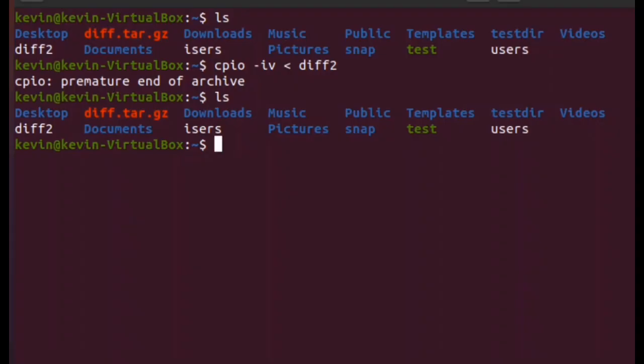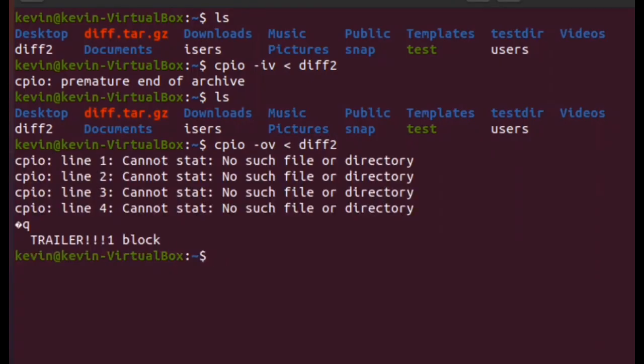If I wanted to extract, oh, I'm sorry guys, I mixed that up. So that's why it didn't work. I did I for create, I remembers extract. That's why it didn't work. So I need to do O for create. That's why it didn't work. There we go. Okay, so it should have